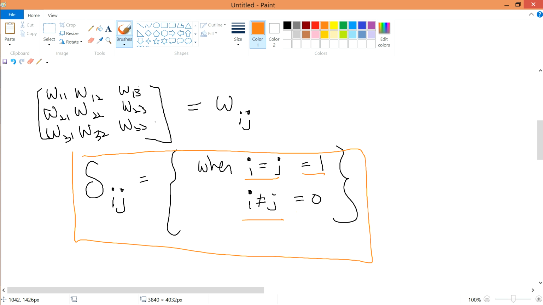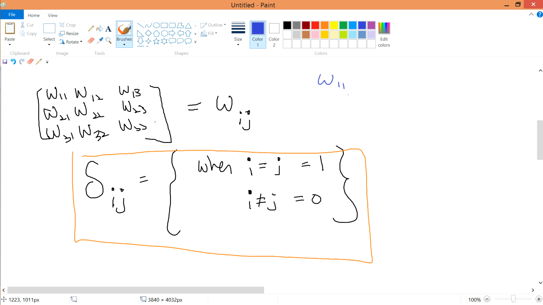When i is not equal to j, it is equal to 0. And therefore, if we take a look, this is in terms of i and j. If i and j are the same, so this i and this j are both 1, then we can keep this and just write it as